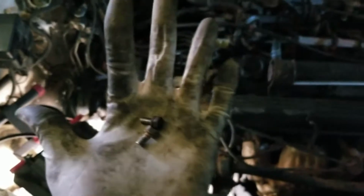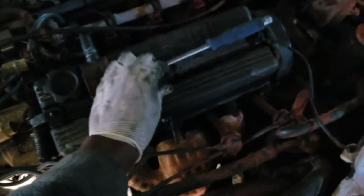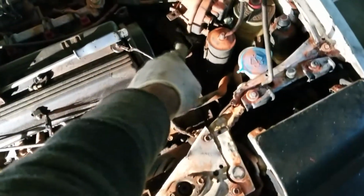What's up with this focusing? Doesn't focus well. But yeah. So I have to put the dampener back in, and hopefully everything will be good. So that front mount's in. I'm gonna put that dampener back in, and then I'm gonna work on this one, because